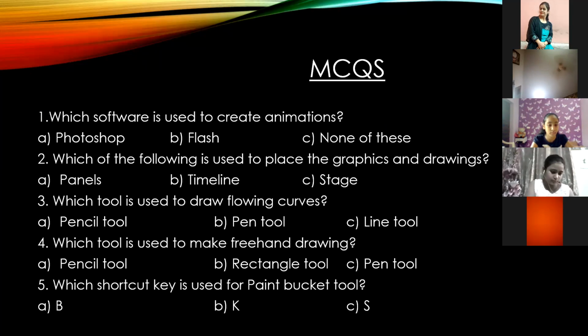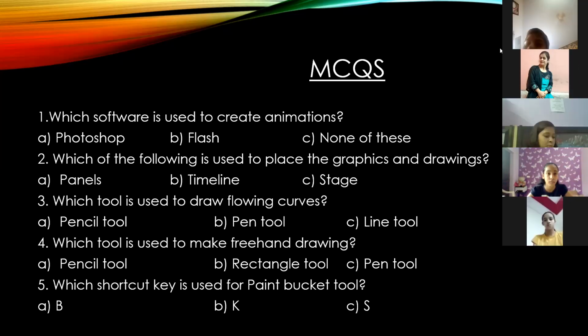All right, Kanav. Which tool is used to make freehand drawings? Kanav, unmute yourself. Okay, Bani. Which tool is used to make freehand drawings? Bani, do you know the answer, Rita?